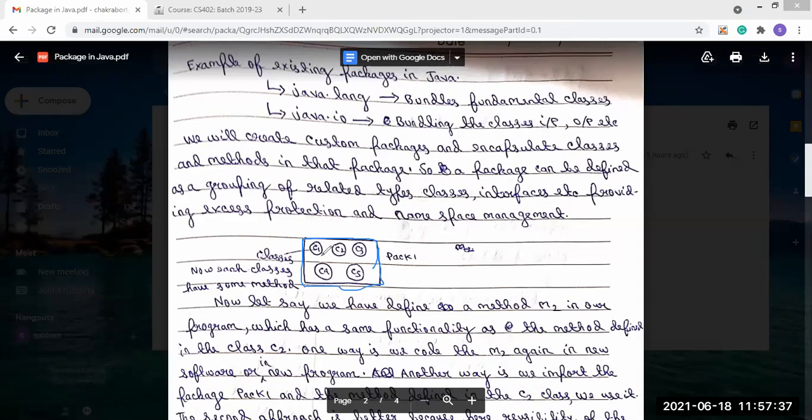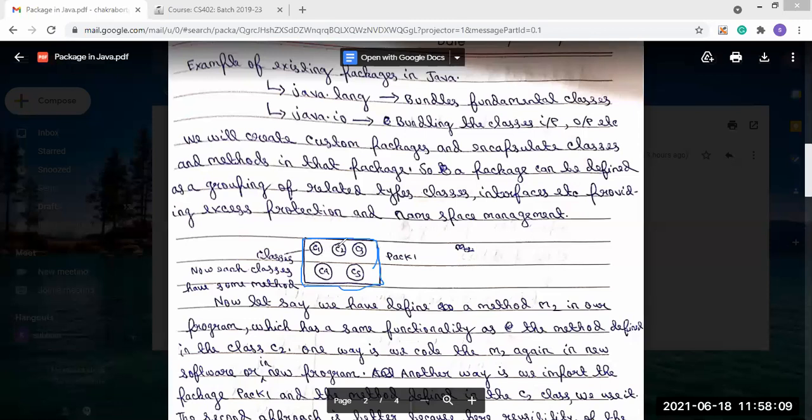Now let's say in our program we have to define a method M2. This M2 method has the same functionality as a method present in the C2 class.